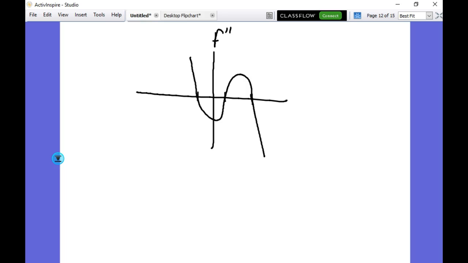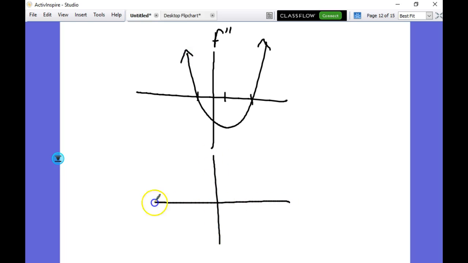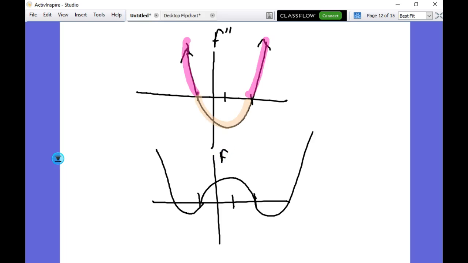No, that's too hard. All right, you guys draw for me the graph of F. Yes. These. What do you mean? Wait,